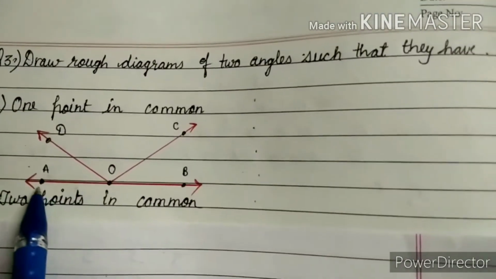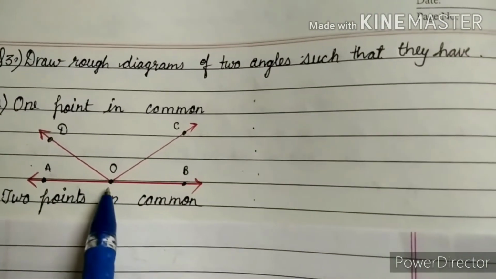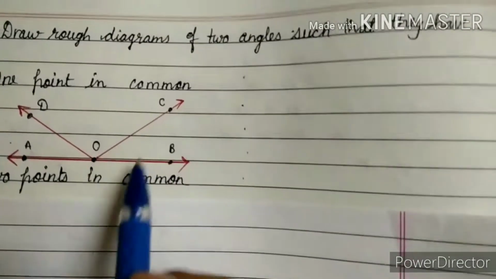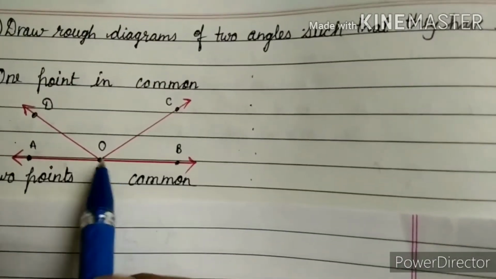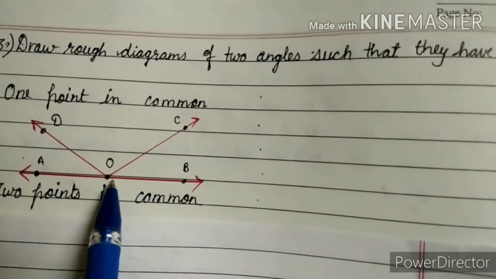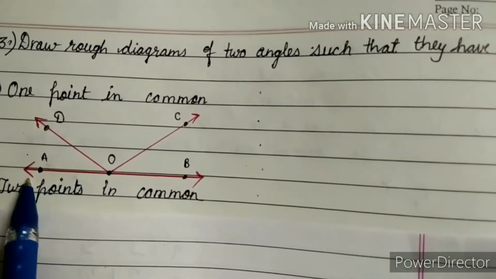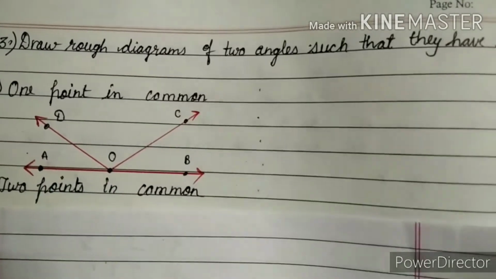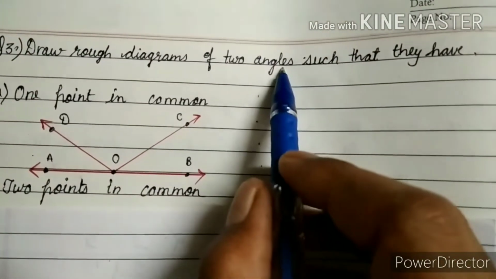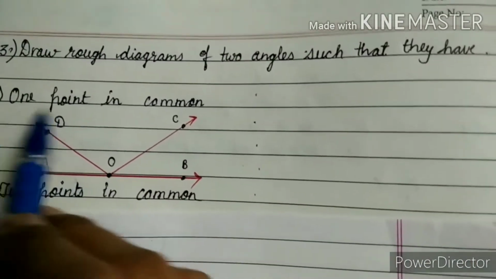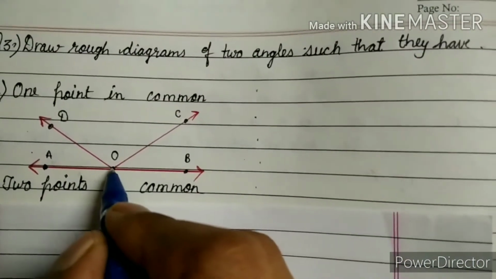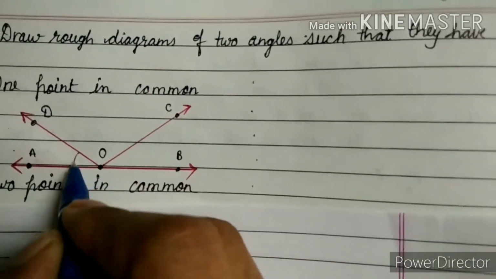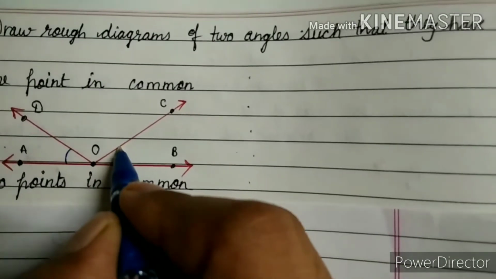So I drew the figure in this way. In this we have the common point O, and from O we are taking 4 rays. We can draw any figure according to our choice. I am making this kind of figure. In this figure we have 1, 2, 3 and 4 rays. Their names are OB, OC, OD, OA. So we have to write two angle names in which 1 point is common. We are showing this point O is common. Firstly we will take this angle, and after that we will take this angle.